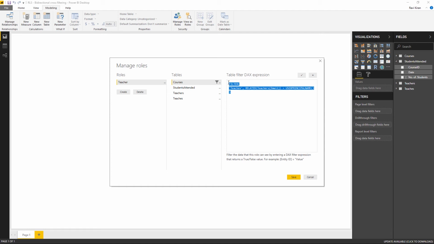And we need only the course ID because we are going to the other part of the relationship, or the other side of the relationship. So to filter for the columns, you can make use of the SELECTCOLUMNS function. Just say SELECTCOLUMNS just before the filter function, and SELECTCOLUMNS takes a table as the first parameter,